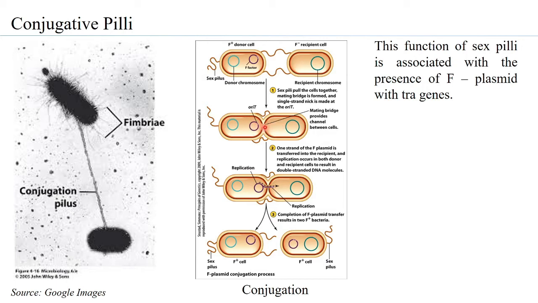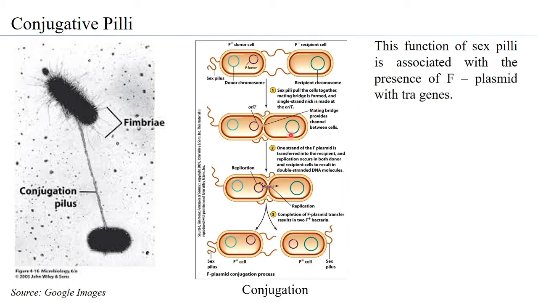This conjugation tube allows the copy of the plasmid to be transferred to the cell that does not have an F plasmid. So one can see that this plasmid replicates to form a copy, and the copy is transferred to the recipient cell. Eventually, after conjugation, both these cells have become F plus cells,